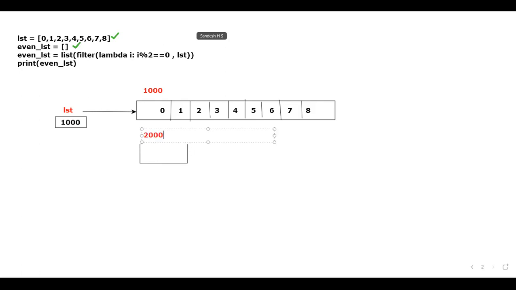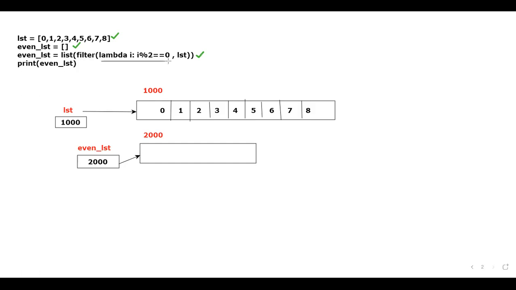I will say this happens to be an empty list, which will not have any sort of data. Sir, what is the reference variable? e1_lst. e1_lst will be holding 2000 as the address. If 2000 is available within e1_lst, it will start to point to the empty list. Is that clear? Next, line number 3 is very, very, very important. Observe properly how the breakdown will happen and how it will calculate. First, please tell me, it will evaluate the lambda function first.